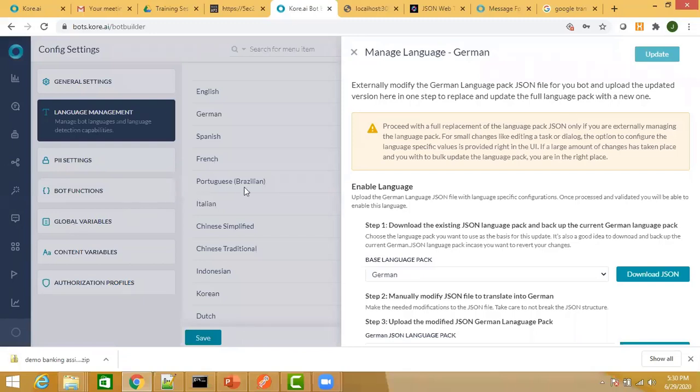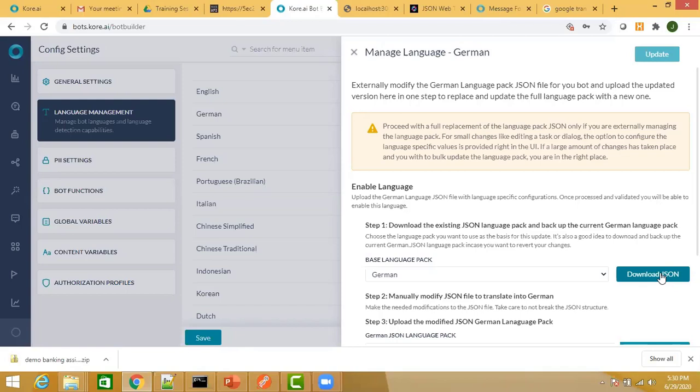So instead of replicating the bot from the default language and then manually changing, you can download the JSON file. So right now I had shown you the downloaded version of the JSON file, which contains all your prompts and messages, your KG questions, your NLP training, everything is there in that JSON file.